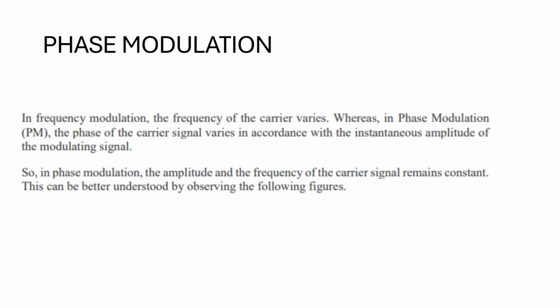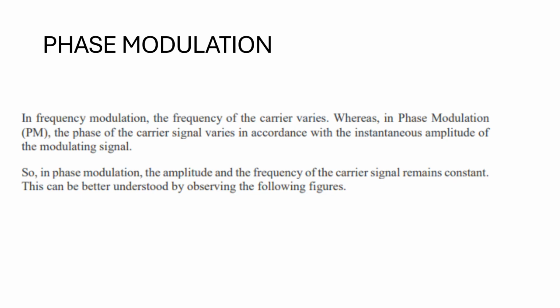And when a modulator is there, there are two inputs. One is the message and the other is the carrier. The message is a low frequency signal as well as a continuous time signal. Here we have considered the message as a sinusoidal waveform, and the carrier is also a sinusoidal waveform, but it will be a high frequency signal. When these two signals are passed through the modulator, the output will be